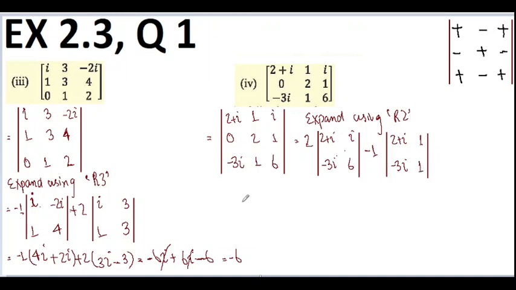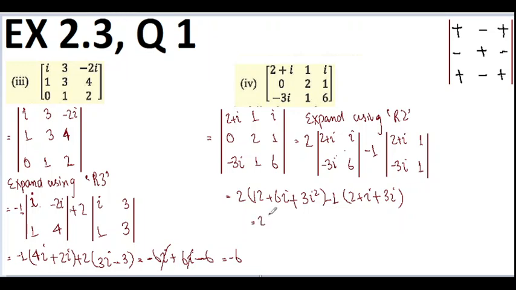Now we are going to expand these 2 by 2 order determinants. So we get 2 into 6 into 2 plus iota is 6 into 2 is 12, plus 6 into iota gives us 6 iota. Now minus, there was an already minus sign, and when that original minus sign is multiplied with this negative sign, we get a positive sign, and 3 iota into iota gives us 3 iota square, and then -1 into 2 plus iota into 1 gives us 2 plus iota, and the minus signs are multiplied to give us a positive sign, and then 3 iota into 1 gives us 3 iota.